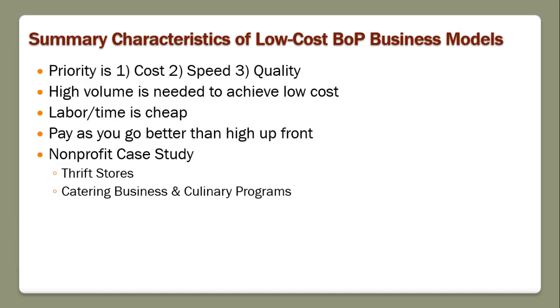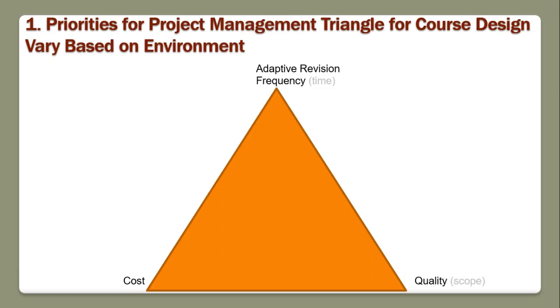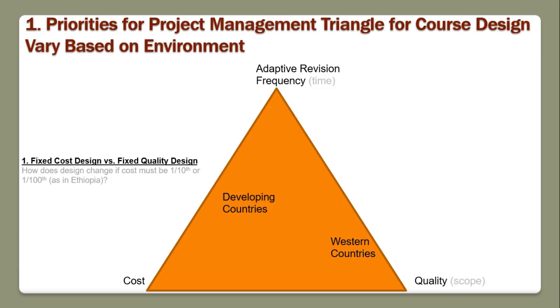Why are we, as you go into the base of the pyramid, bottom of the pyramid stuff, why are we doing that? Now, another thing is you work on projects. You're going to often, in business and social enterprise, have to look at this project management triangle. And if you're serving the poor, where you're on that triangle is going to change. So this is something we have to consider at City Vision often. If we're trying to provide an education, and say we're going to serve in Ethiopia where even the highest end colleges only cost $500 a year, you have to change the design dramatically.